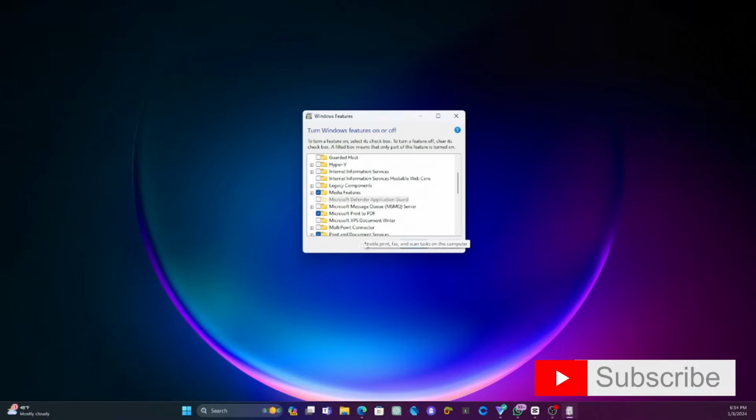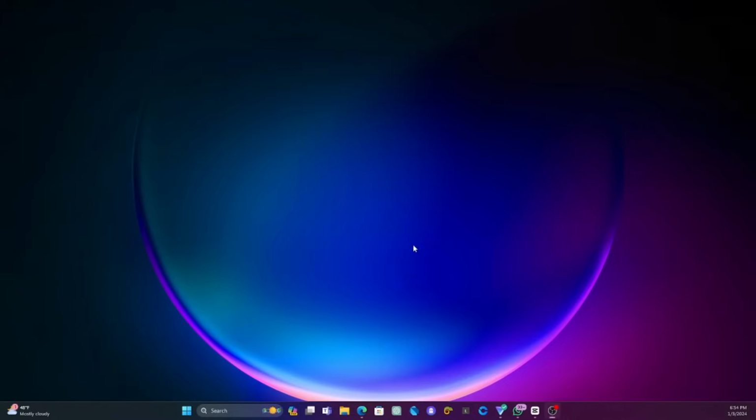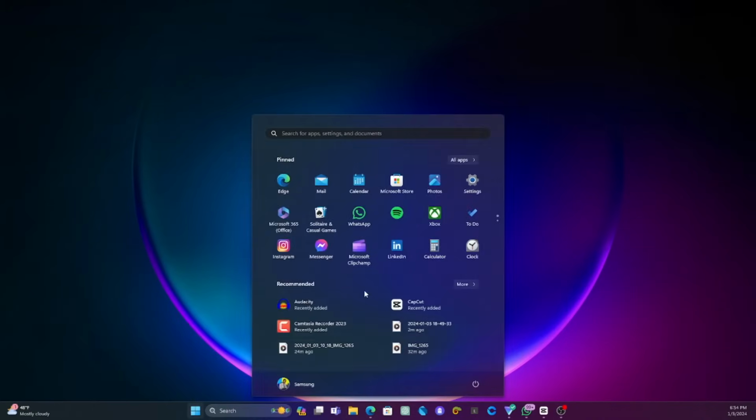Now the moment it's done, it will ask you to restart your computer to install the updates and features. Windows will do that, so don't worry, just restart the computer. After the restart, click Start and search for